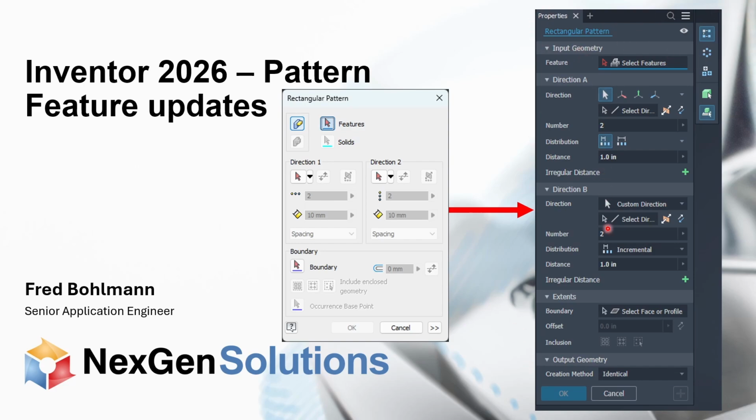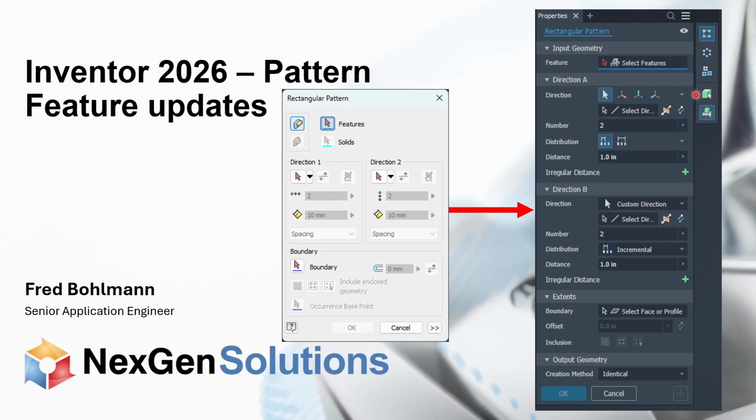We're going to start from the top and work our way down through the different options. Some of them are going to be familiar. Some of them have added options to it. Some of them let you change the style. So I'm going to point a few things out on this slide before I switch over to Inventor and the live demo. But just saying, our old icons here for features and solids have been moved over onto the right,